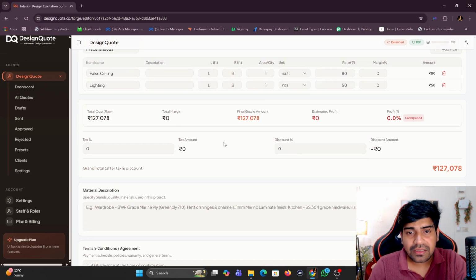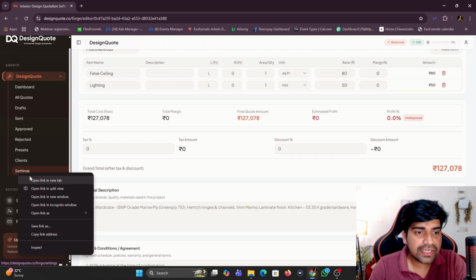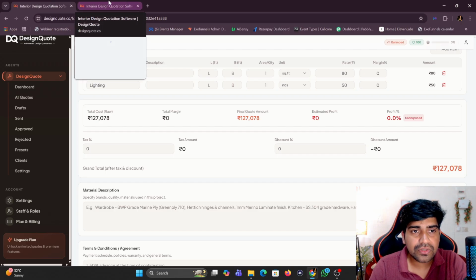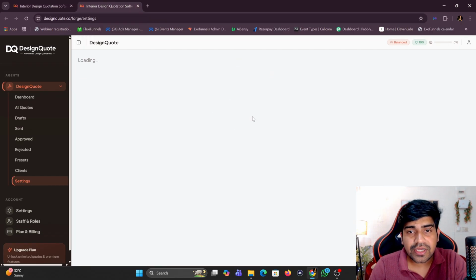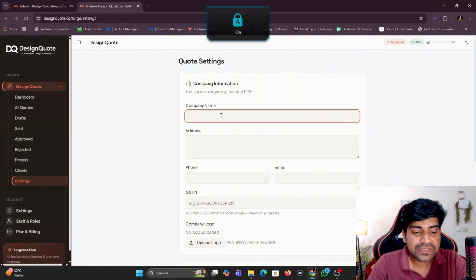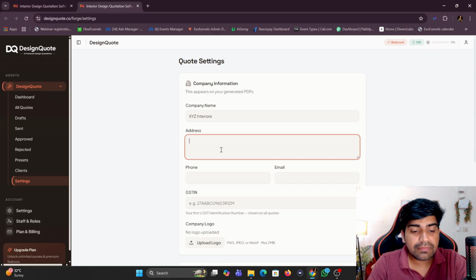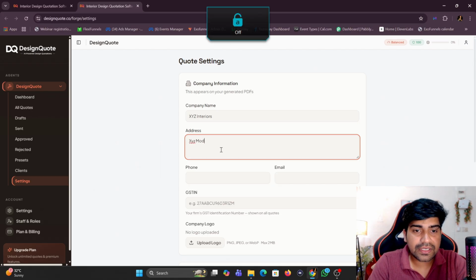Tax is already done. Where is it done? In the settings. When you click on the settings, this is the first part that you have to do. In the settings, you have to give your company name. Suppose xyz interiors, and this company name will be shown as your letterhead. Suppose my xyz, Model Town, Faridabad,